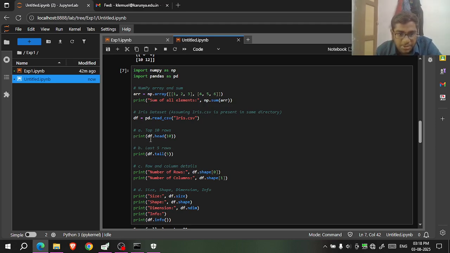You have to print 10 rows from the starting and you have to print the 5 rows from the last. Here is the program: print df.tail means it will print from the last. Okay, and we have to display